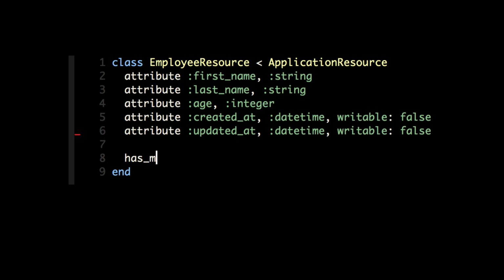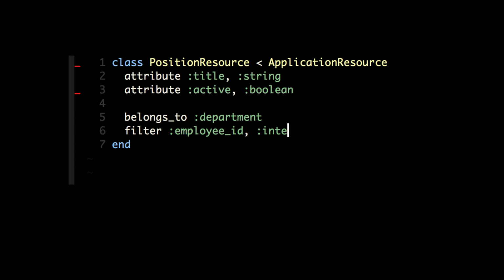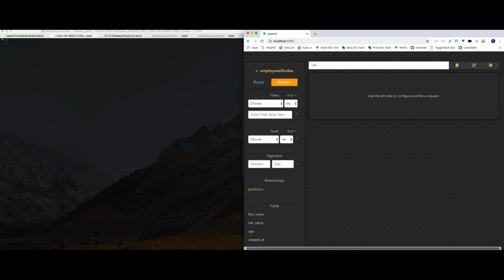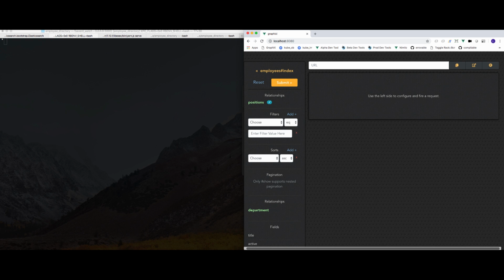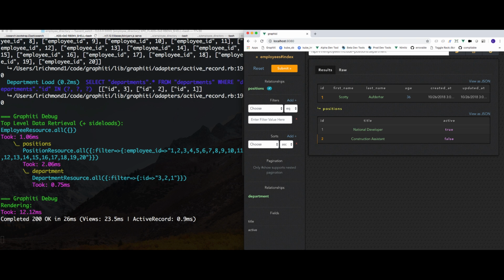Then we'll need to tell Graphiti about these associations, just like we would when adding associations to our models. If a model relies on a foreign key, we'll add a one-off filter-only attribute for it. Now when we use Vandal, we'll see relationships that we can add, pulling back all of that data in a single request. I can see that Scotty here was a construction assistant before he was a national developer in the